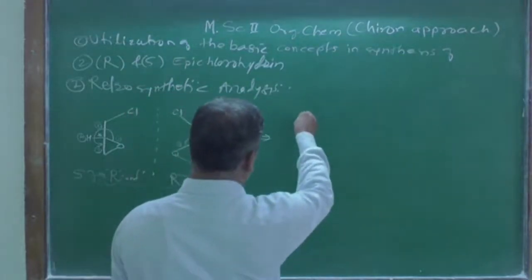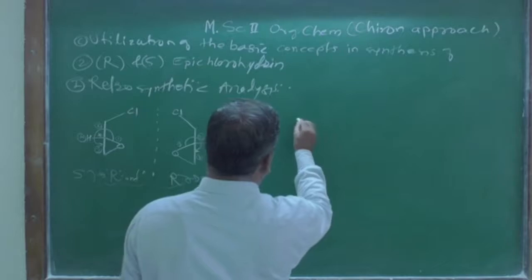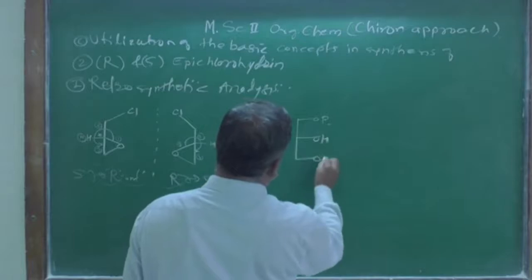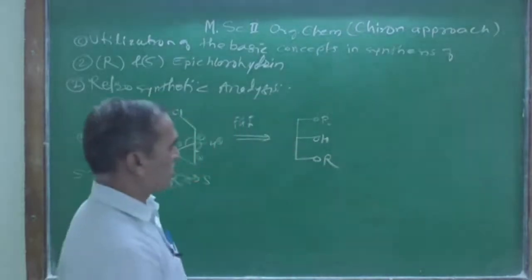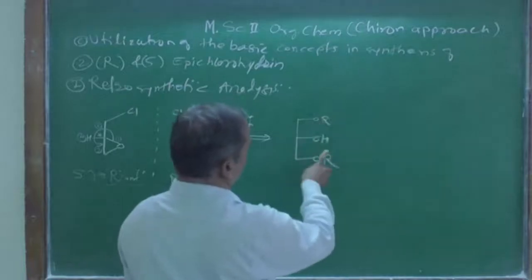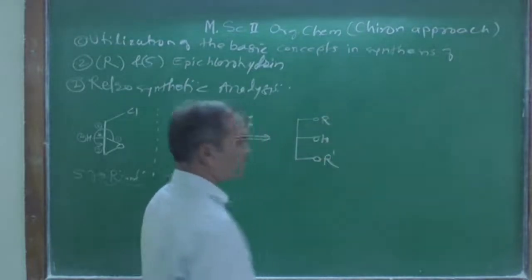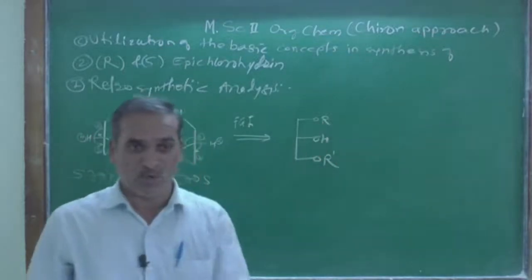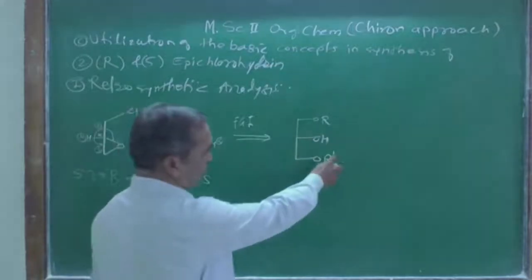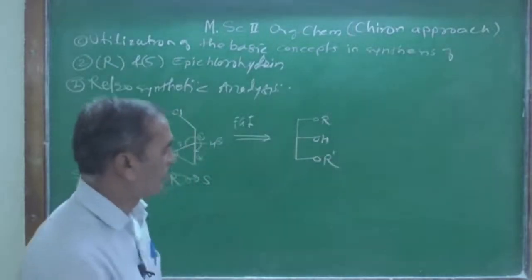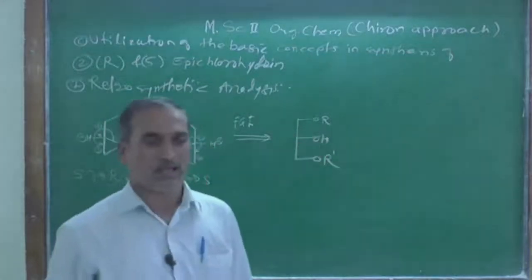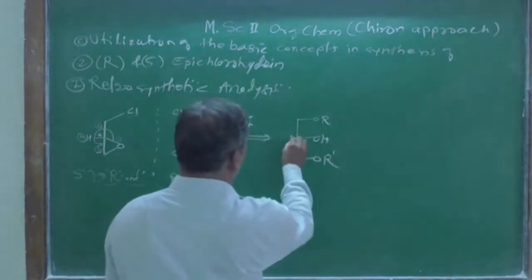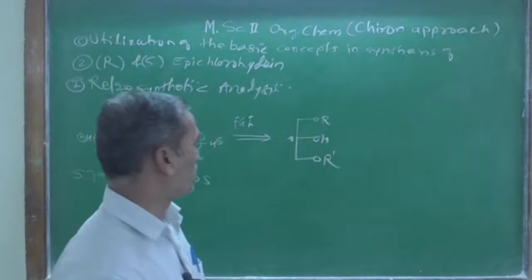And after doing this one, what do you get here? Remember, here is OR, the middle one OH, and here you can write R'. Look, in this case also you can see one chiral center, OR, and here you can give R', meaning this R may be different. If both are the same, there will be no chiral center, and for that you put a prime over there, meaning it is different from this R. R and R' may be different groups, and that's why I am designating it, and there will be one chiral center present over there, right?